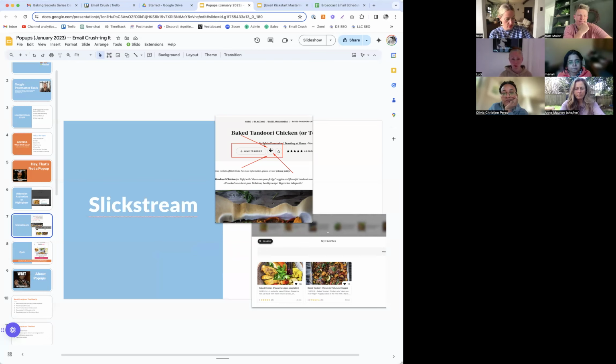When you're doing that, think through the user experience. Once they have saved a recipe, the thing I've discovered with Slickstream is it's not intuitive to me on how to find that article or that recipe later. You can give them those instructions through a simple set of emails. So if they come in through Slickstream and they saved something, maybe create a sequence that's like, here's how to find your saved thing in the future.